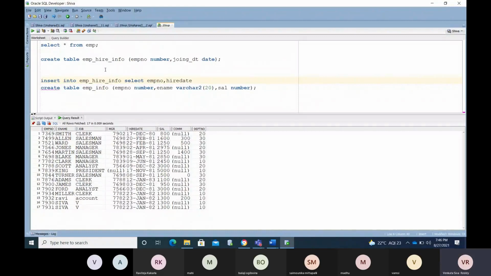You don't have a joining date column actually. The raw data table has a hire date. So you need to understand the logic behind that column. Hire date in the sense is the join date column.